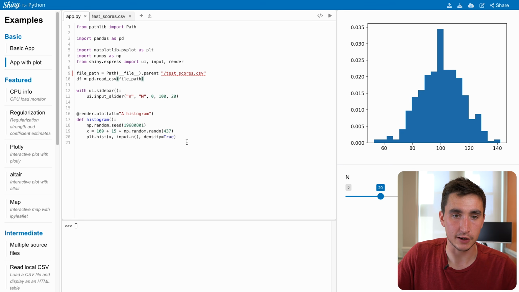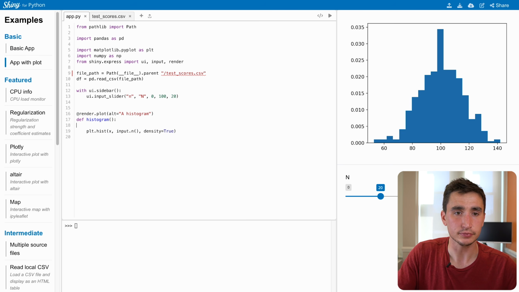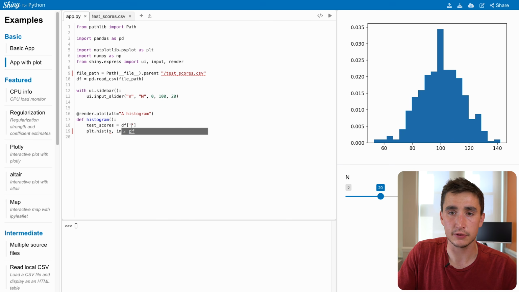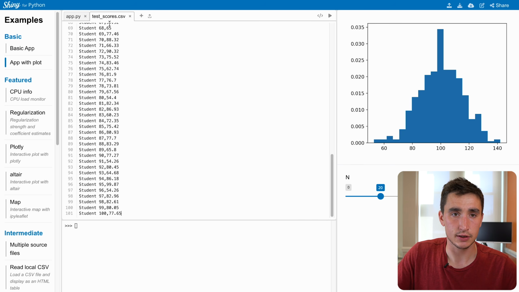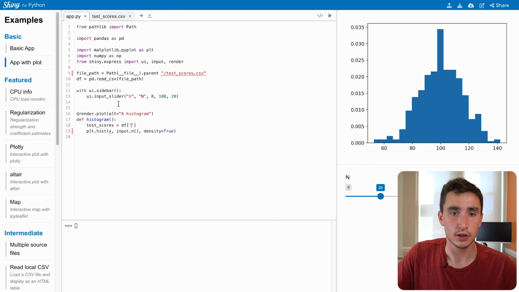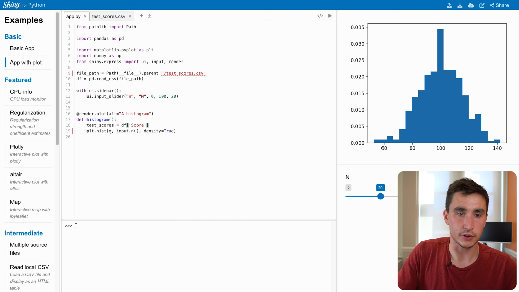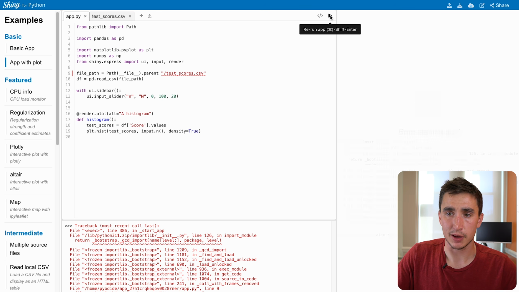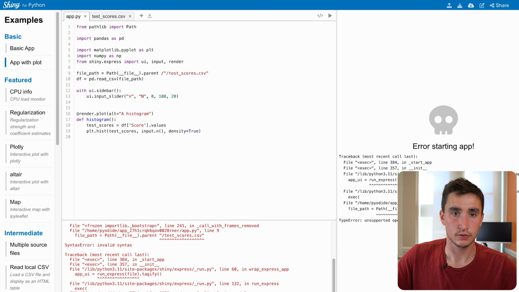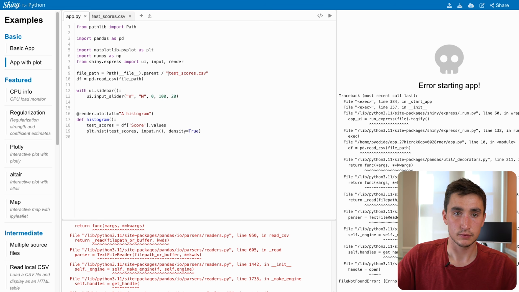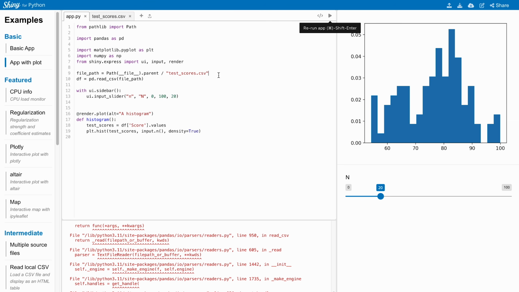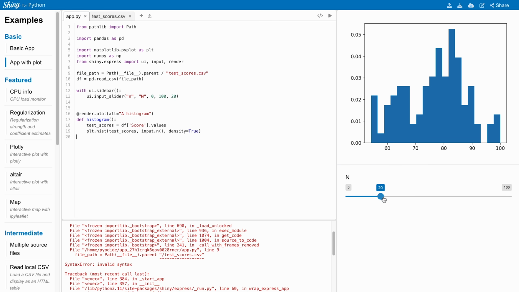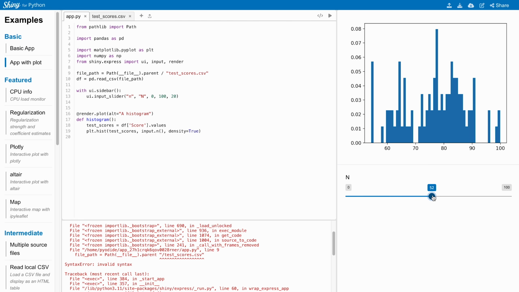And then instead of this histogram here, we can very easily have our data be set to test scores equals df. And then if we looked at that, the column was score, df score. Maybe we do even .values, pass in the test scores, and we're going to just rerun this application. Oh, sorry. Kind of a special syntax here. Test scores.csv. And we can see that this is the data from our test scores, and we can toggle the